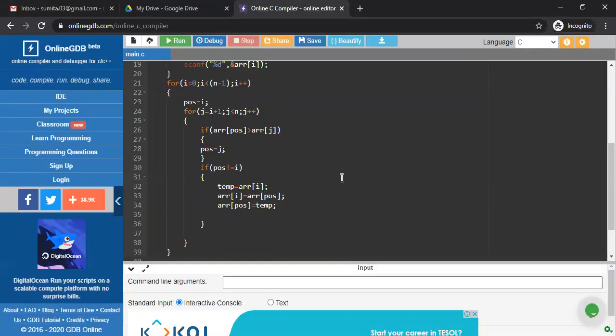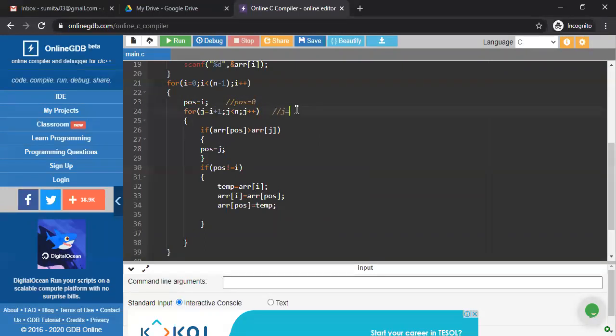Ma'am, first we have taken a for loop from I equals 0 to I less than n minus 1. In the previous example, it's 8 values, so I works from 0 to 6 position, total 7 times. Then position equals I, so the initial value of position is assigned as 0. So position value is 0 now. Then first we execute.